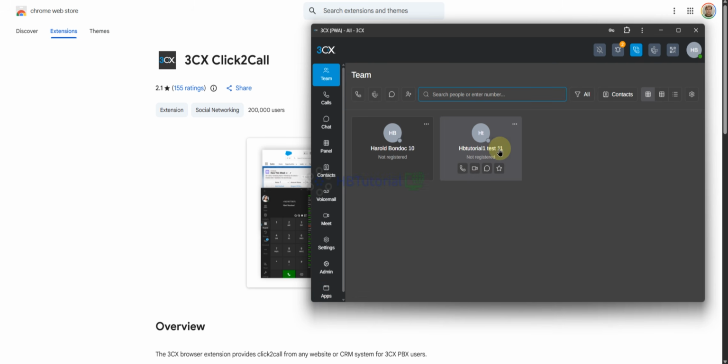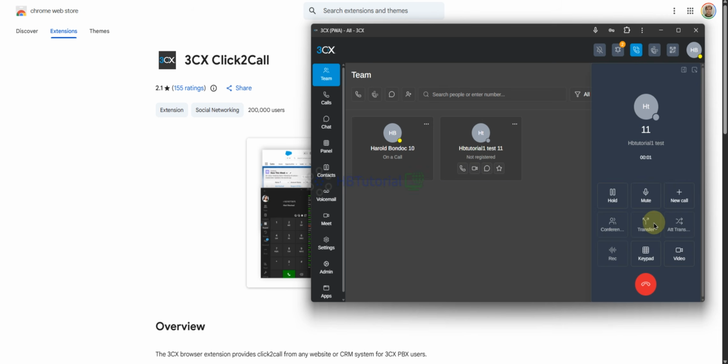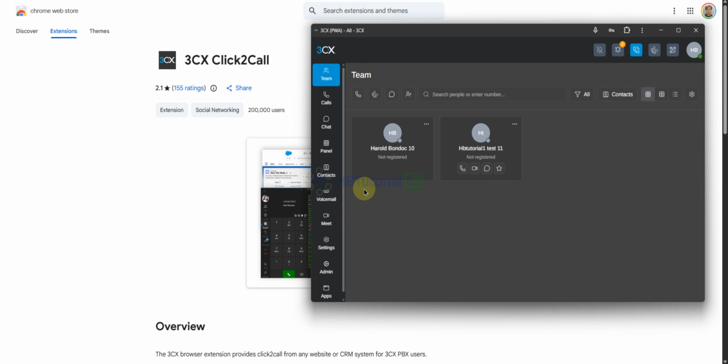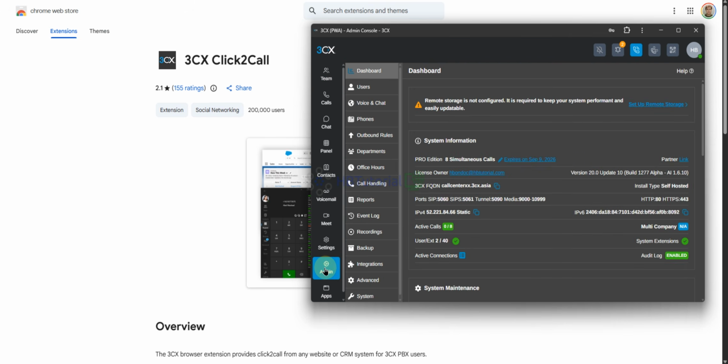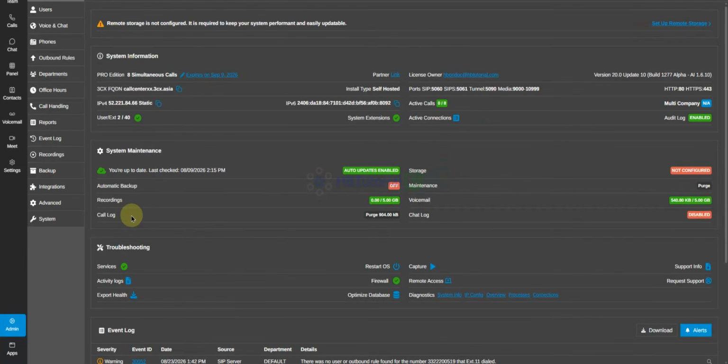Okay, so the team here is still status not registered. You can see it's not going to register. So we need to buy our extensions on two digits.